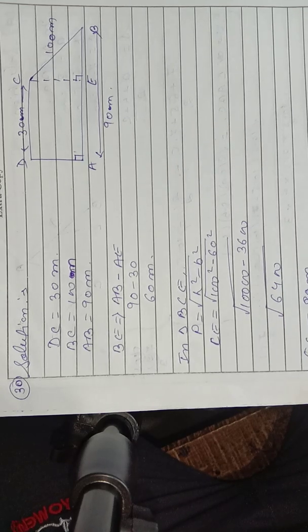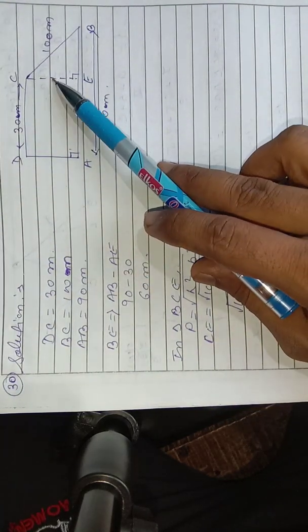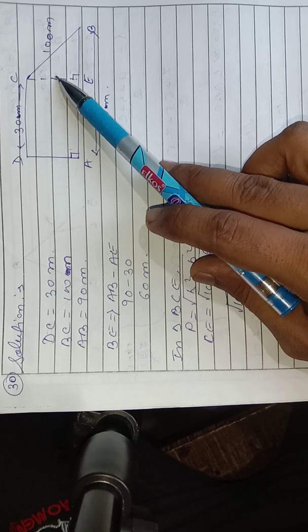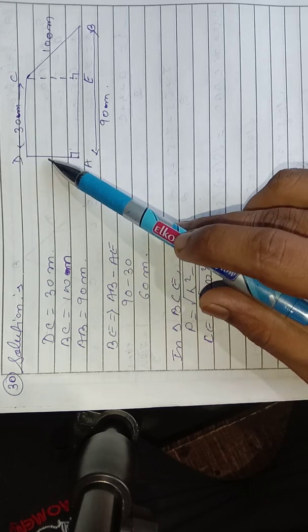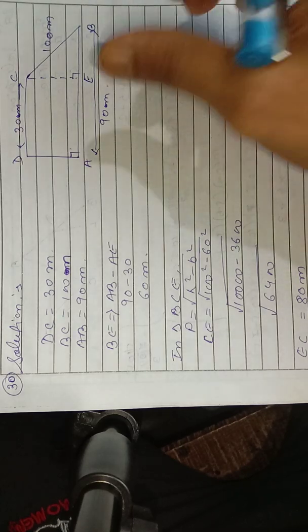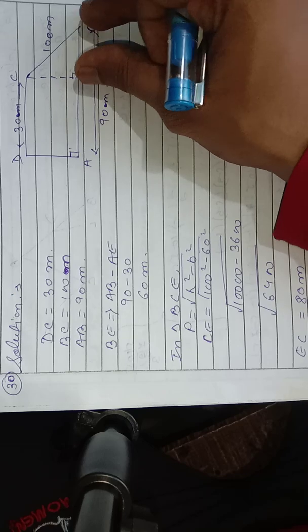Now question number 30. Again we have got a trapezium. In the field is the shape of a trapezium having parallel sides 90 centimeter and 30 centimeter. One is 90, other is 30. But the non-parallel, that is given as the fourth side, is 100 centimeter. The side that is meeting at 90 degrees is the third one, and this one is given as 100. So easily you can find out total is 90. This is 30. Then what is the value for this one?